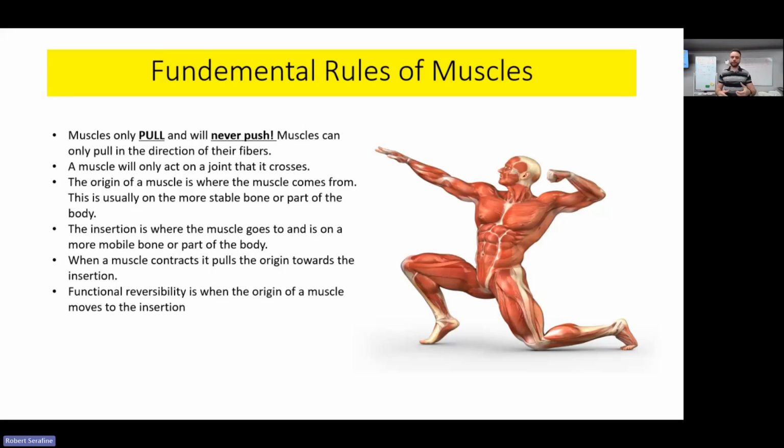Now, an easy example would be my pectoralis major muscle, my pec muscle, the chest muscle. The origins of this muscle are on my clavicle, my sternum, and my ribs here. Then it inserts onto my arm. So in this particular case, my rib cage is extremely stable. It's not going to be moving, right? And my tiny little flailing arm to the side moves a lot. So when my pectoralis major muscle contracts, it's going to pull the more unstable part or the more movable part